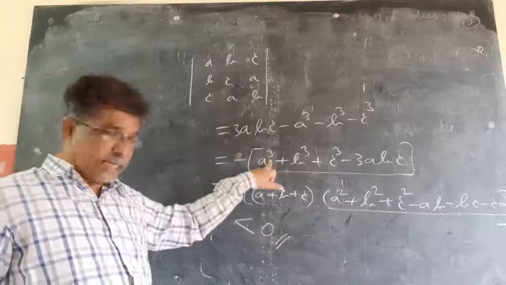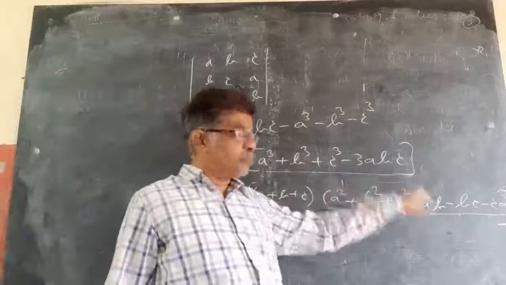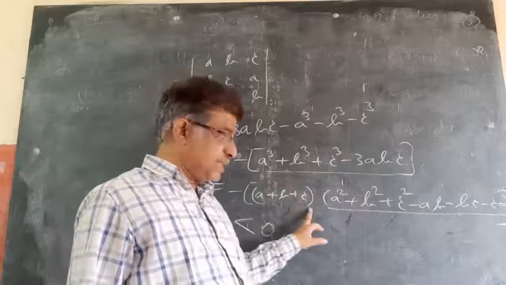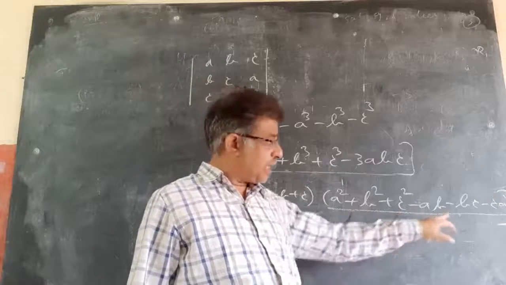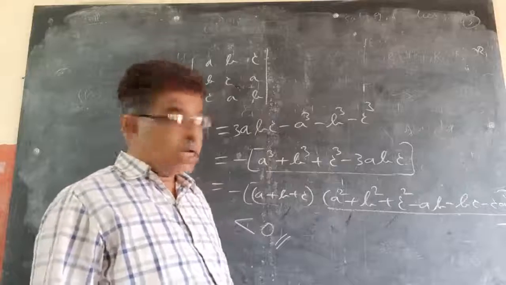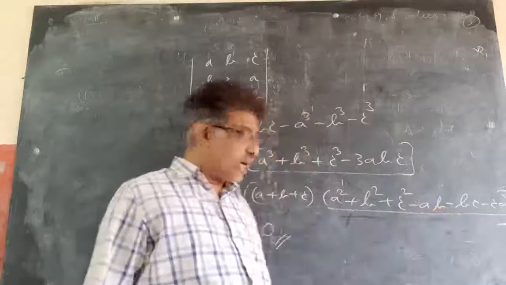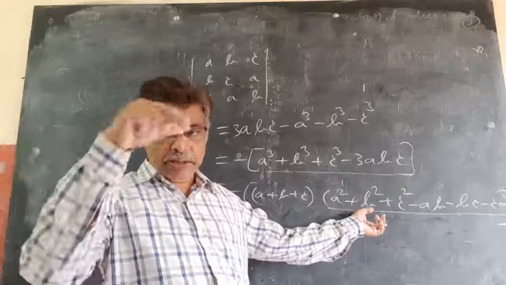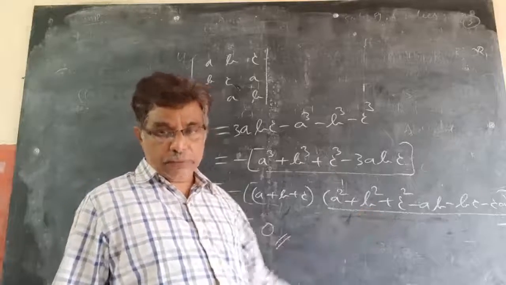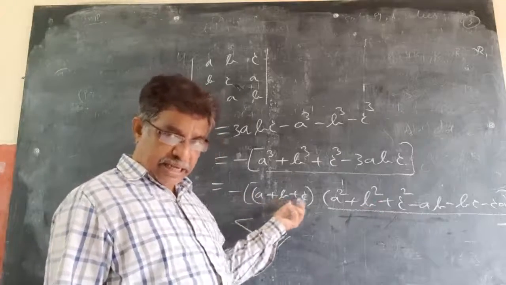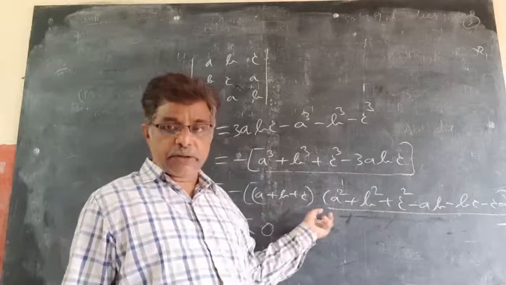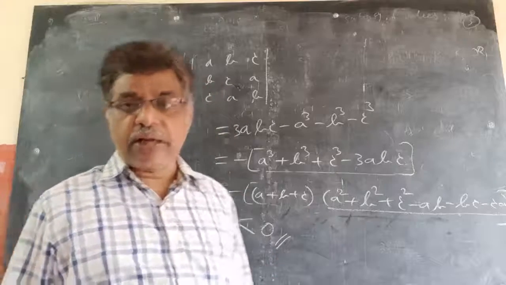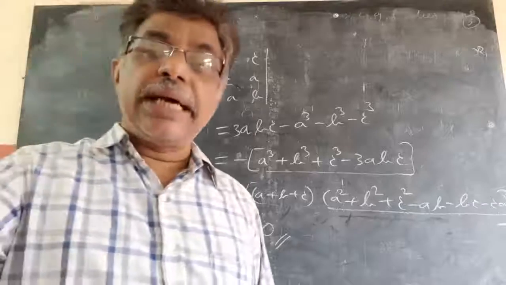So I am just simplifying that. Then I got a cube plus b cube plus c cube minus 3abc. Now, if I factorize this, I will get a plus b plus c into a square plus b square plus c square minus ab minus bc minus ca. Now, this part I know is always greater than 0, because you can write as a minus b whole square plus b minus c whole square plus c minus a whole square, positive numbers, square means positive numbers, by 2. Now, a plus b plus c are also positive values. So positive into positive, positive into negative gives you negative. So total value of the determinant is less than 0. Like this, you can solve this.